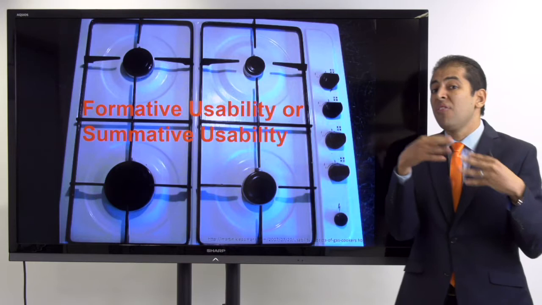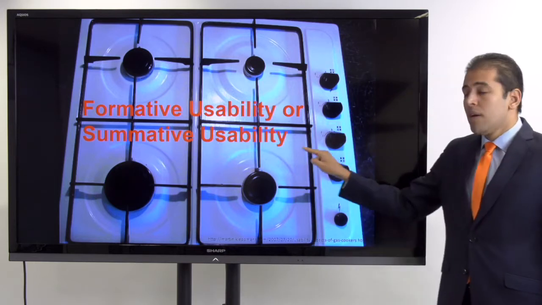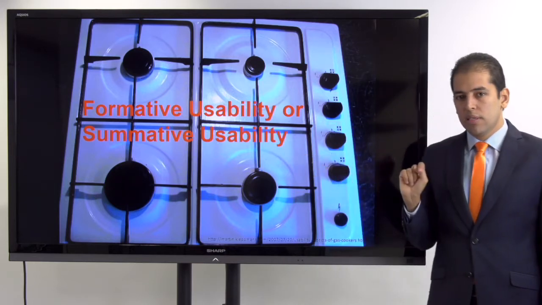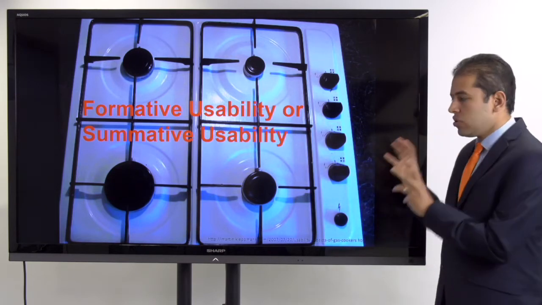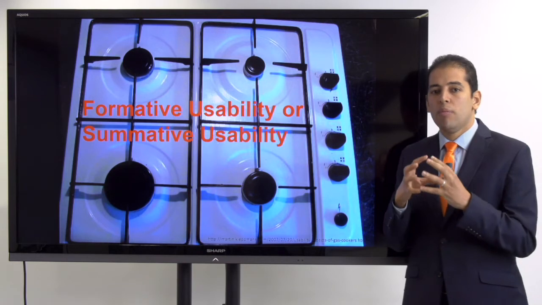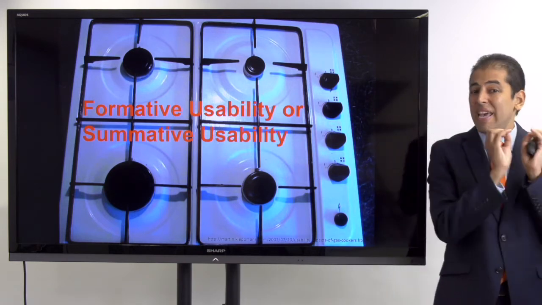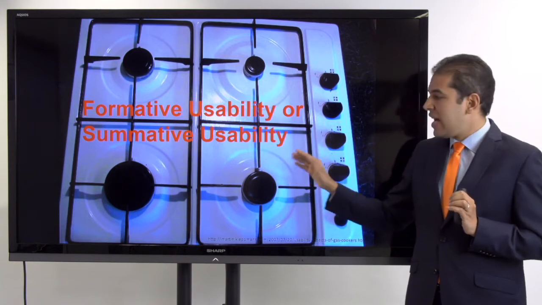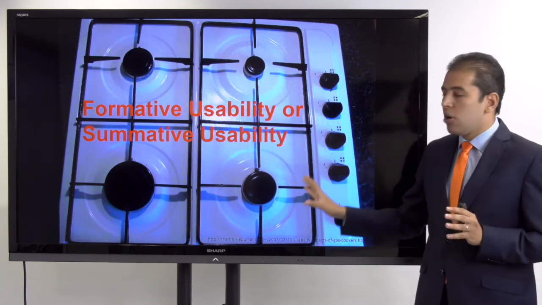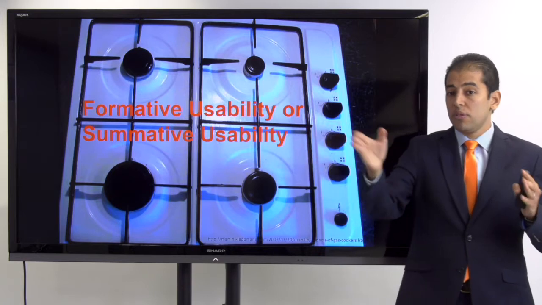The product is under development. But if I'm doing summative usability testing, then I'm not evaluating the design of the stove during the design development. No, I'm evaluating it as a final product, as an end product. In this case, for the summative usability, I need to buy a series of similar stoves from different